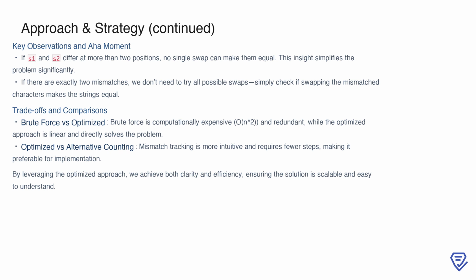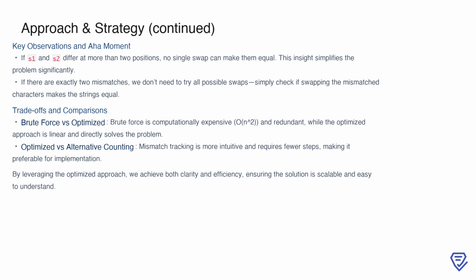When we compare the approaches, brute force is computationally expensive and redundant, requiring O(n²) time, while the optimized approach achieves the same goal in O(n). Although the alternative string counting method also has O(n) complexity, mismatch tracking is more intuitive and involves fewer steps. By leveraging these observations, the optimized approach provides a clear, efficient, and scalable solution, making it the ideal strategy for